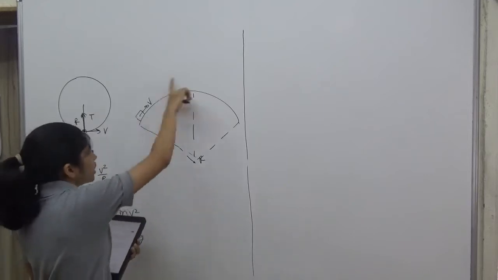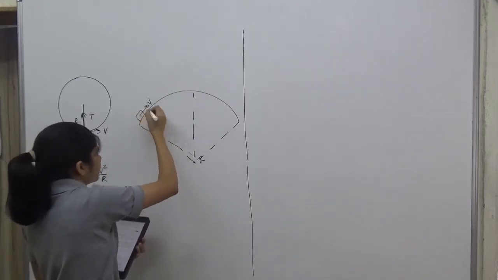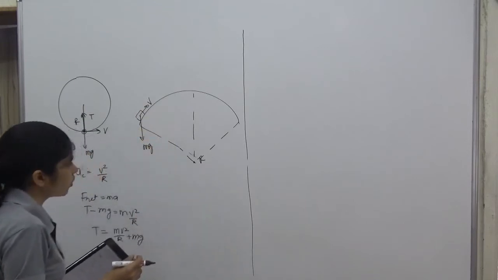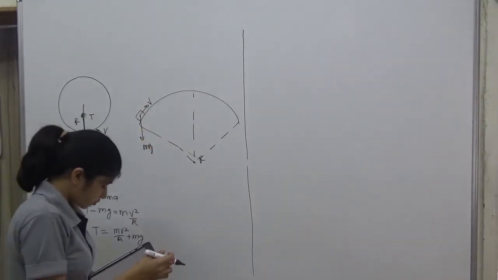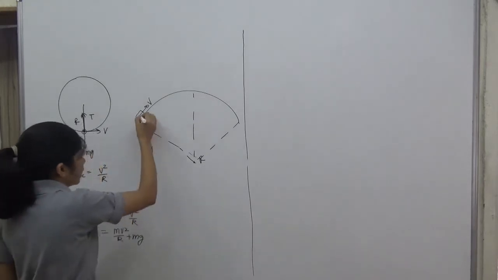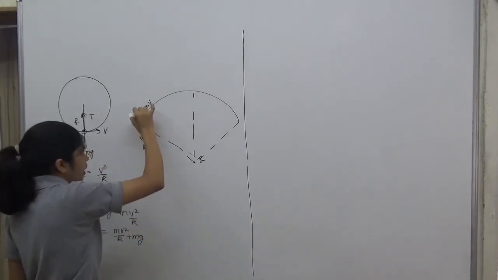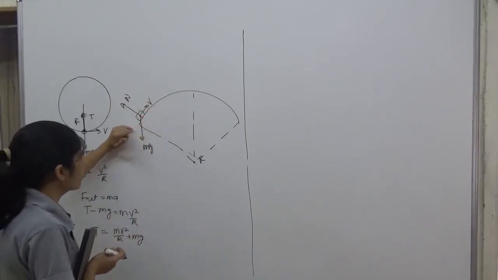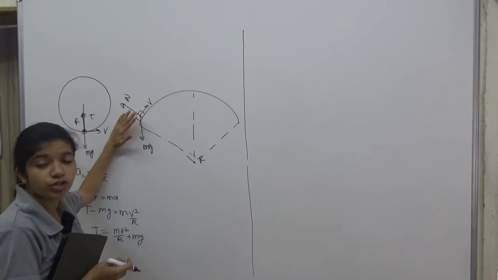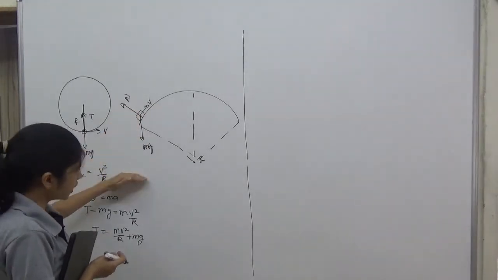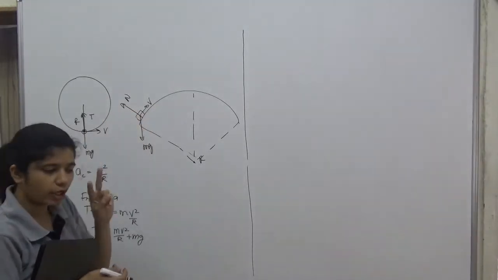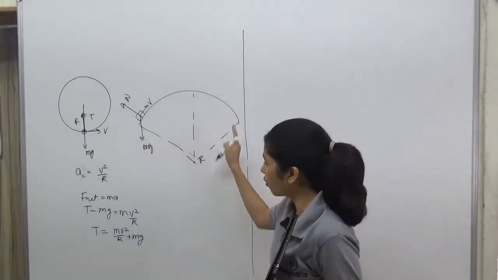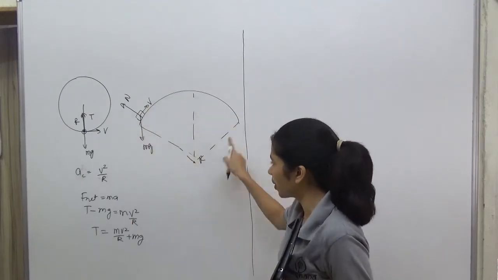Now when it is moving up, if we talk about this point, we will have mg. We are observing what forces are there on this body. There is a force mg acting on it and a normal force from the surface of the overbridge. Mg is acting in the downward direction, and normal is acting like this. There are two forces acting on this body, and it is moving in a circular path of radius r.